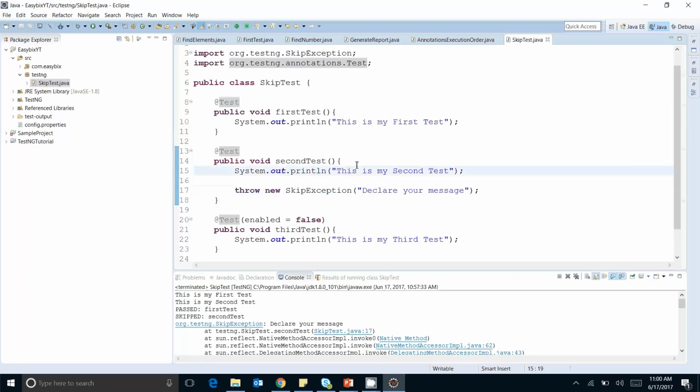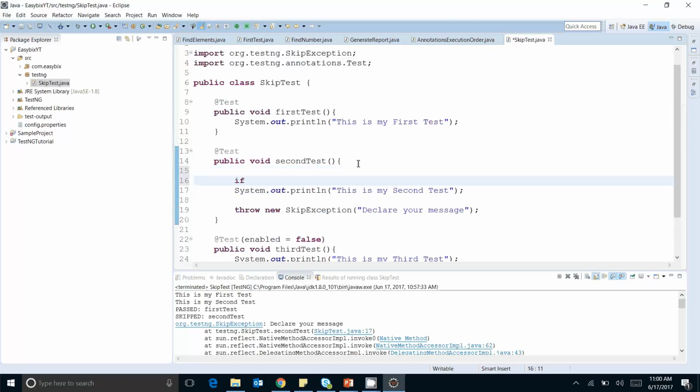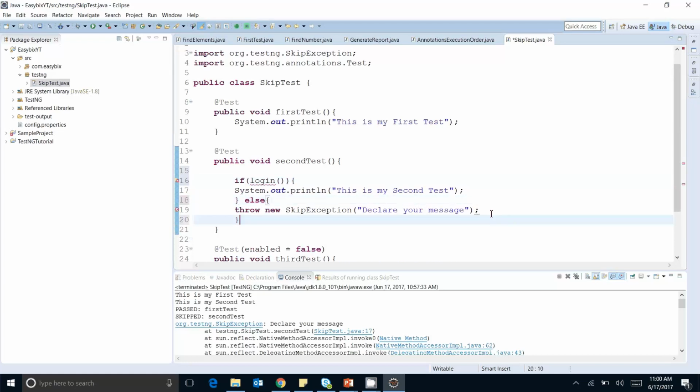So we can put the condition over here: if login equals true, suppose we have a method login and it is returning a boolean value, then that particular test script should execute. Else the test should be skipped.